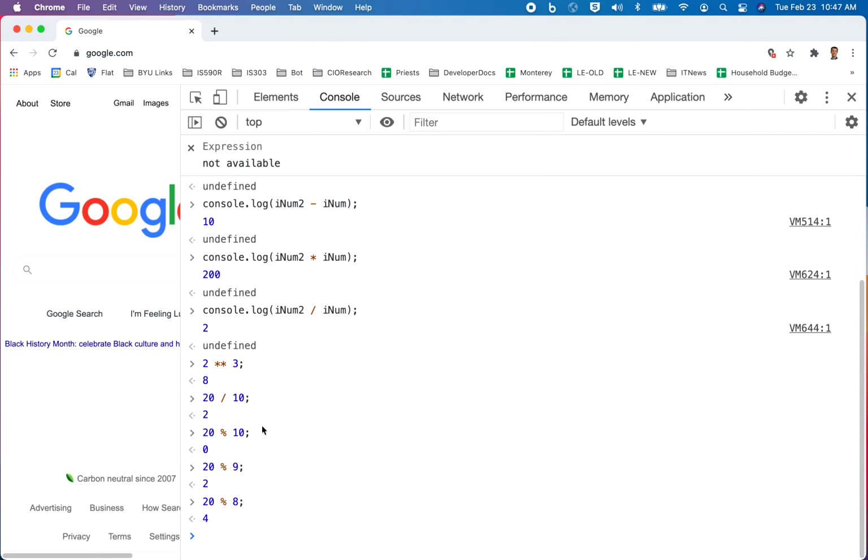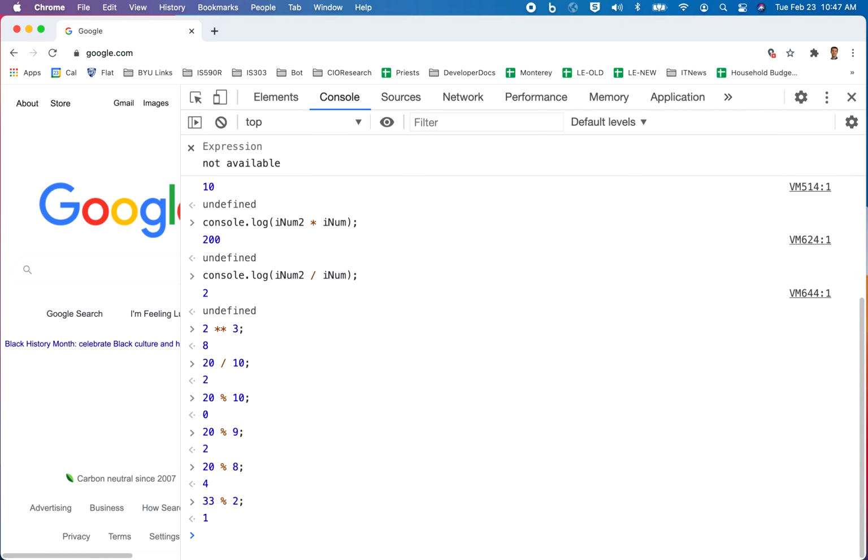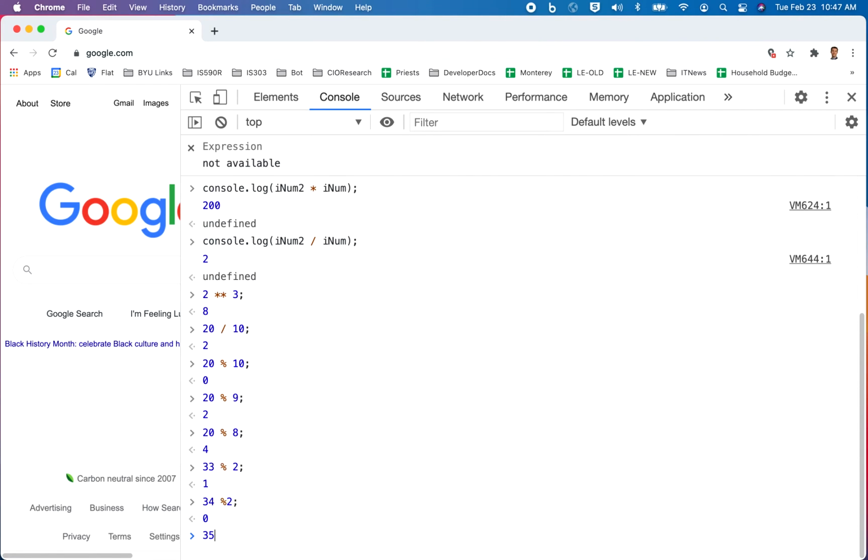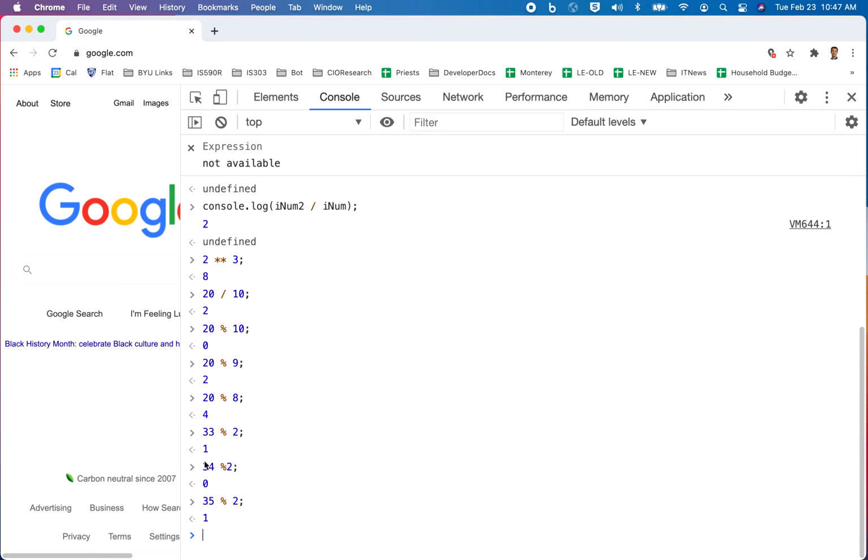And so what we do is whatever that number is, let's just say it's the number 32 or maybe just 33 mod 2, and let's just keep on counting up. 34 mod 2, 35 mod 2. So what you can see is as we count up and keep on doing this modulus operator with a 2, we're basically able to determine if it's an odd or an even number. And using logic, we could do light colored or dark colored rows when we're printing out lots of pieces of information. Okay,